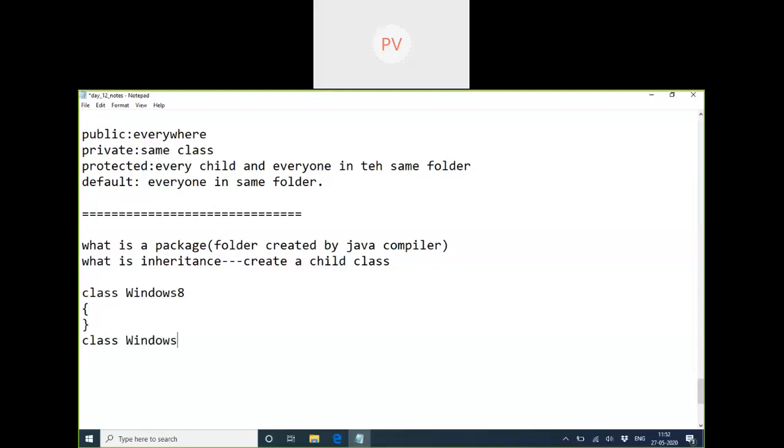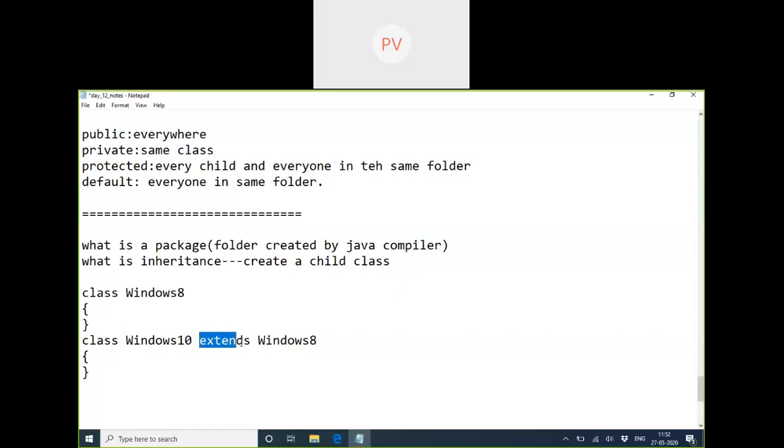But to develop that, I don't have to develop the whole OS from scratch. I want to inherit whatever is developed here once again and add new features to this. For that purpose, I'll link this Windows 10 software with Windows 8 by a keyword right now,